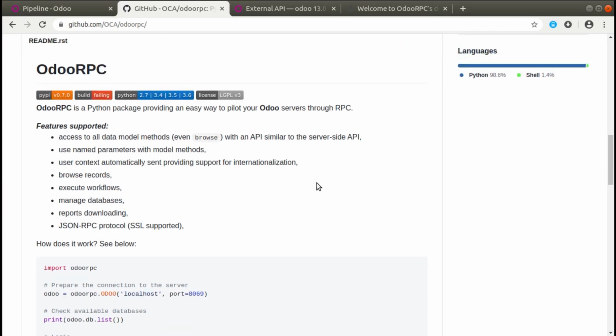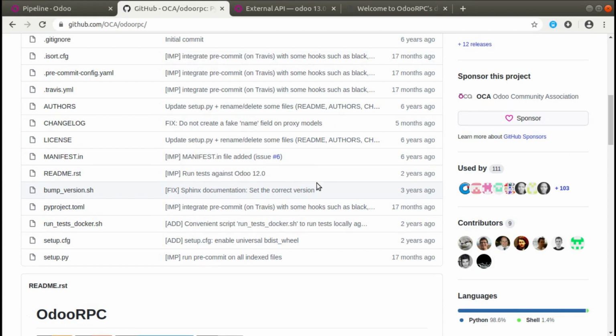You might remember the video that we released on XML RPC, where we connect to an Odoo instance using XML RPC and perform various operations like authentication, reading from the database, writing into the database, delete, create, etc. A similar thing we can achieve in a simple way using this package called Odoo RPC. The simplicity is that it is the same as how we code in the Odoo backend. All the ORM methods are accessible using Odoo RPC, so it seems to be simpler than writing XML RPC code.